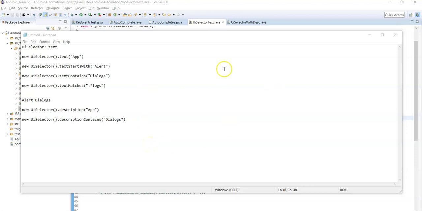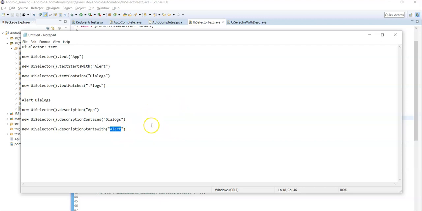Third method is descriptionStartsWith, same as the textStartsWith method. This method is also used to identify an element with the partial starting content desc value. So here you need to pass some starting content desc value.